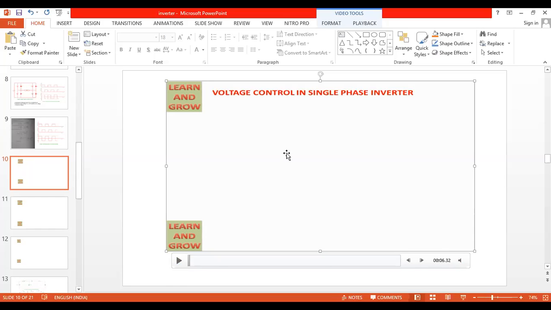If I am not controlling the output AC voltage, let us say I am designing one inverter. That inverter converts fixed DC to AC, but that AC has to be variable. So how are we supposed to make that output voltage variable? If the output voltage is variable, output current is variable, and then output power is variable. Therefore, we can control the speed of the motor. We can send the variable power.